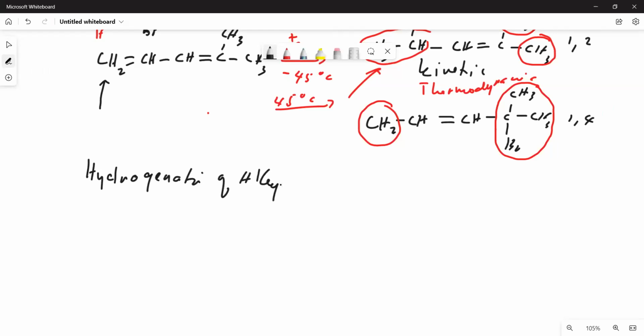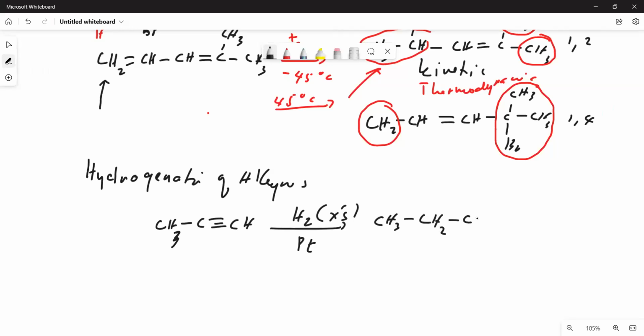Because an alkyne has 2 pi bonds, if you have, for example, propyne, and you subject it to a hydrogenation reaction in excess, meaning all the pi bonds will disappear in the presence of platinum catalyst, then there is no control of the reaction. Definitely you will come up with propane. Now, if you want only 1 pi bond to be removed, you cannot use this reaction condition. It will always react with the 2 pi bonds.